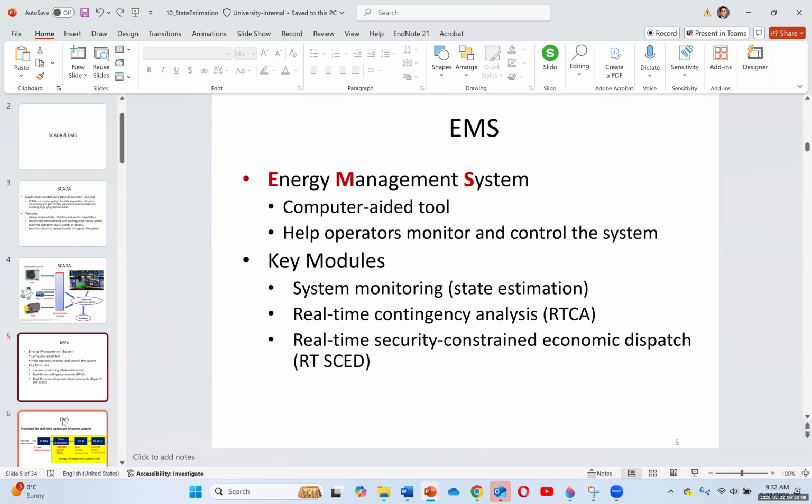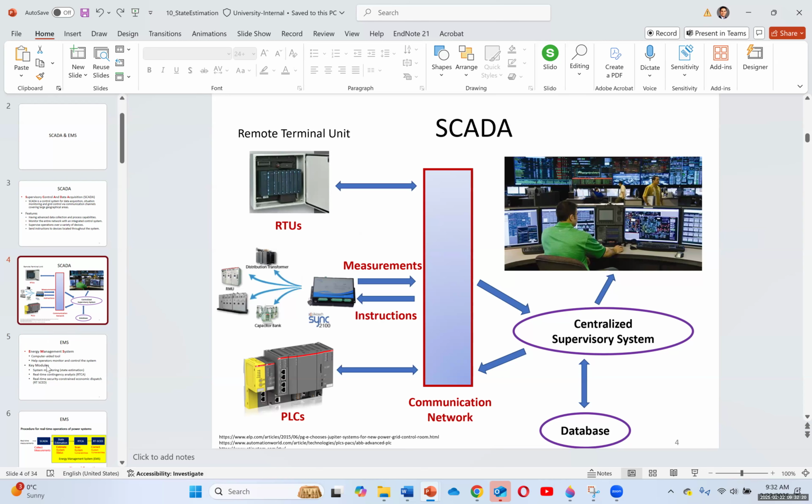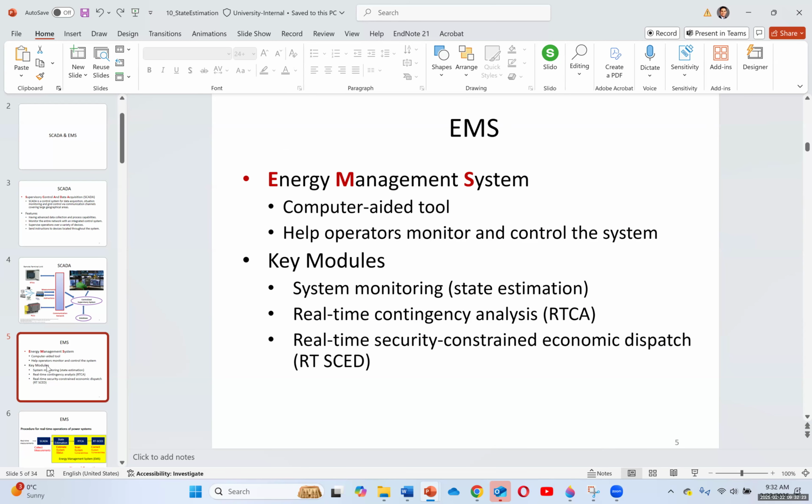Now, what is EMS? EMS is the energy management system that we use. It's a computer-aided tool, the software that we call EMS, and it does a bunch of measurements and monitoring, and also data collection and controlling the system. Some key modules of the EMS are the system monitoring system, which is the state estimation, and I'll explain more about that. We have the real-time contingency analysis, or RTCA, and we have the real-time security constrained economic dispatch, or